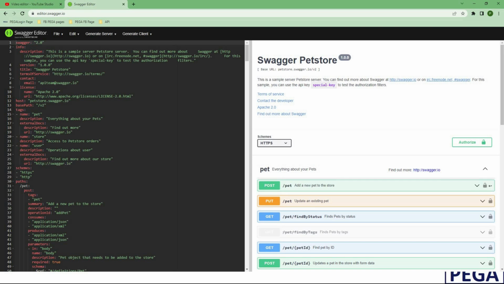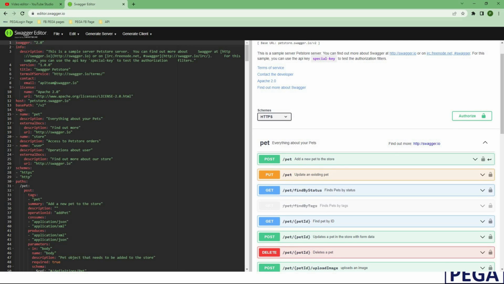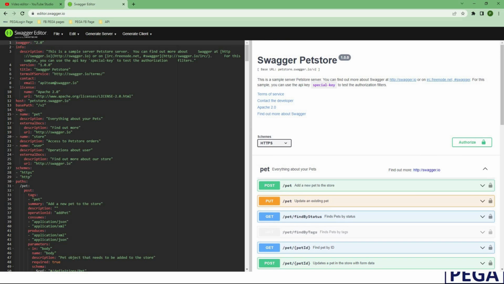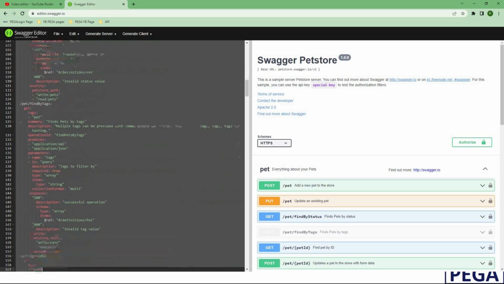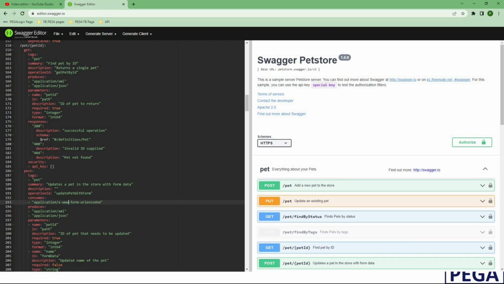This is what the contract or the Swagger will look like, wherein it tells what this API is, what routes the API has, what the request and response parameters are, and what the response codes are. If you see, the API name here is Pet Store, right? These are the Swagger code, the code which your provider will write. Although it looks very